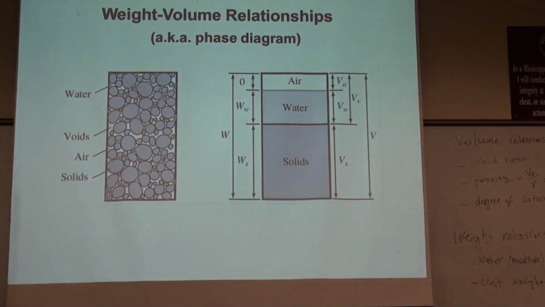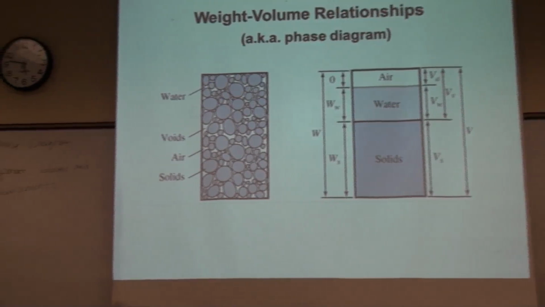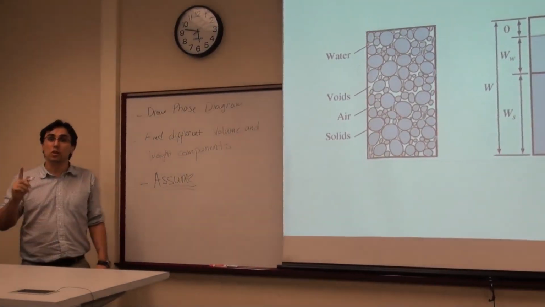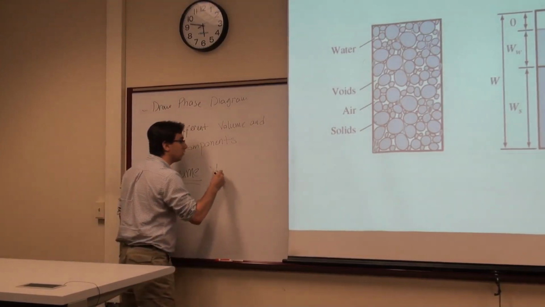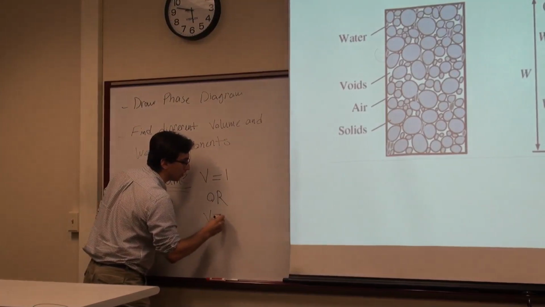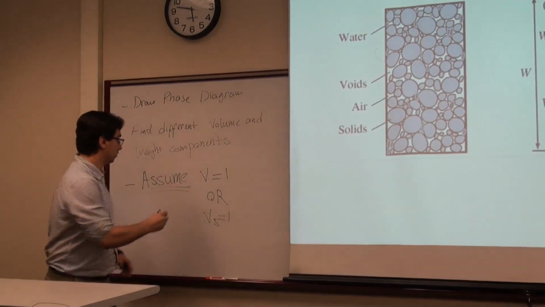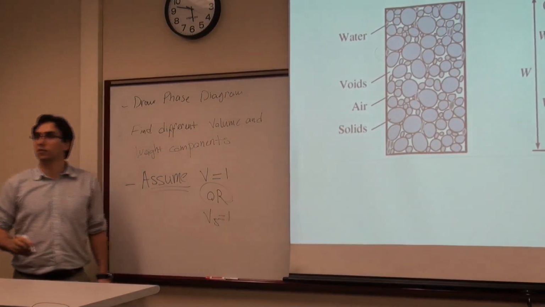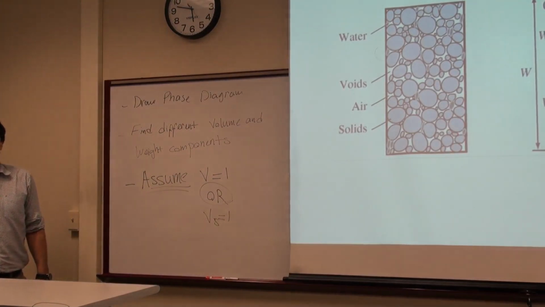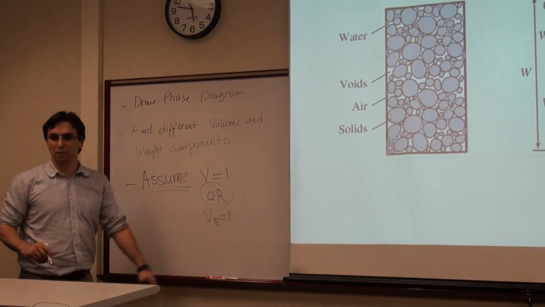We assume volume of solid. You can either assume total volume is equal to 1 or volume of solid is equal to 1. This is or. We cannot assume both. In most cases, I mean,